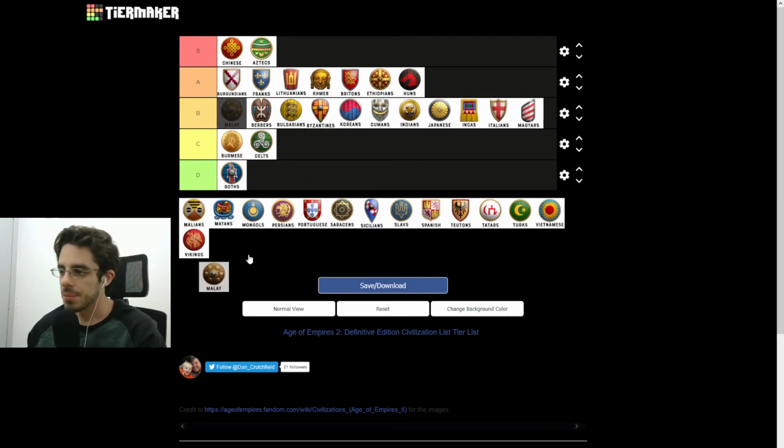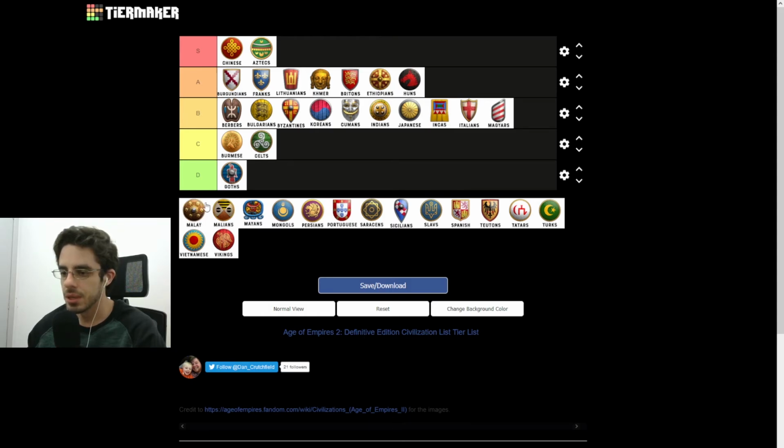Now we have the Malay. Malay in Arena, S tier. In maps where you can wall really fast, S tier. In maps where you don't need to make an army in Feudal, perhaps S tier. On this Arabia,